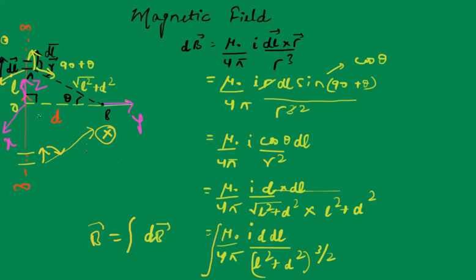And what we can do is, our L can vary from 0 to infinity, so we can find the magnetic field because of the top section of the wire. Then we multiply it by 2, and that will give us the magnetic field because of the whole wire. So it will be 2 times this expression where L varies from 0 to infinity. If we did not want to use this symmetry, then we would have to integrate such that L varies from minus infinity to plus infinity. Then we would not use the factor 2, but we should always use symmetry wherever possible.